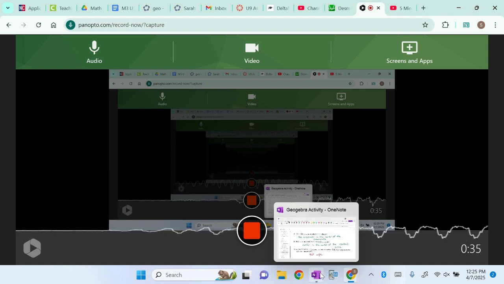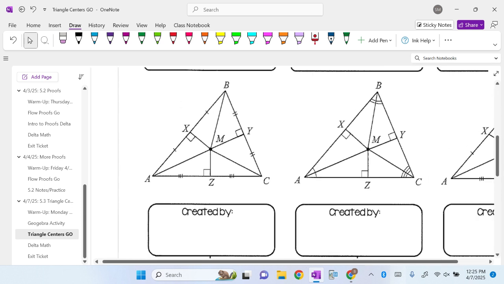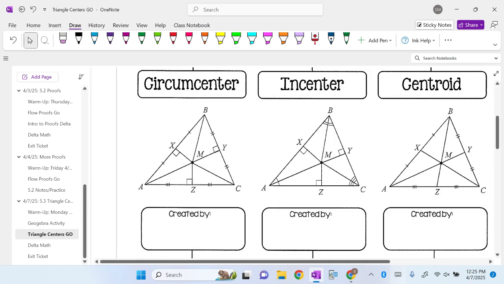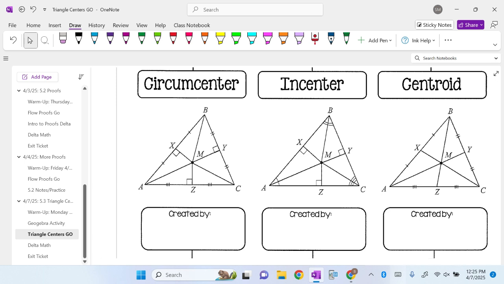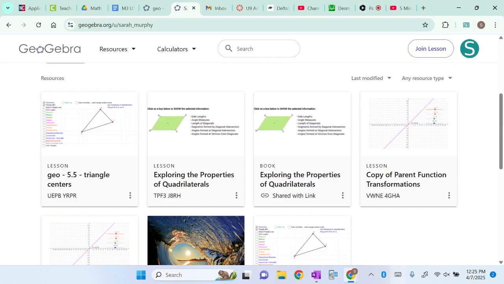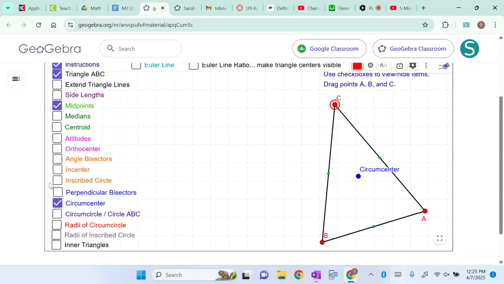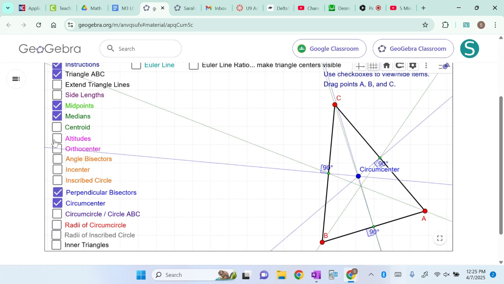Let's first look at this graphic organizer, specifically circumcenter. So, we're going to start with circumcenter. Now, circumcenter is going to be created by a specific line segment. If I'm looking back at my GeoGebra, I'm going to click on the circumcenter, and then I'm going to click on all of the different line segments. So medians, perpendicular bisectors, altitudes,